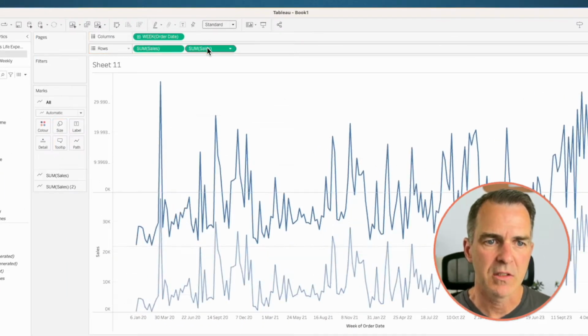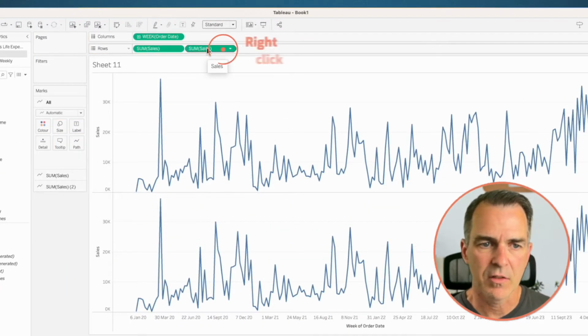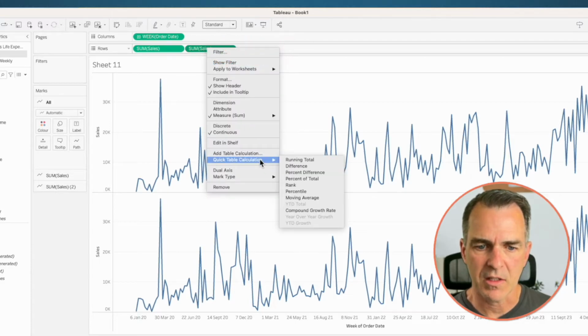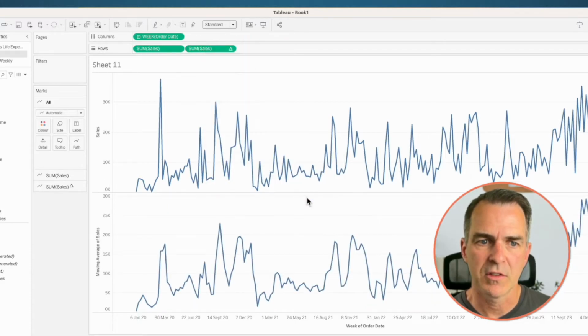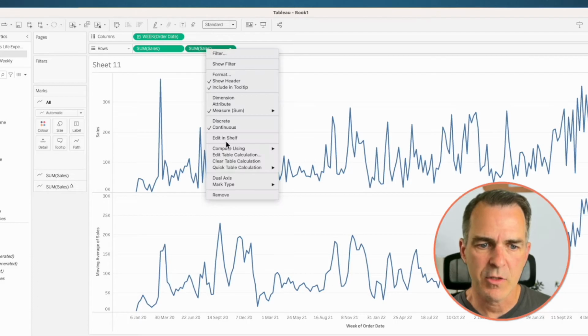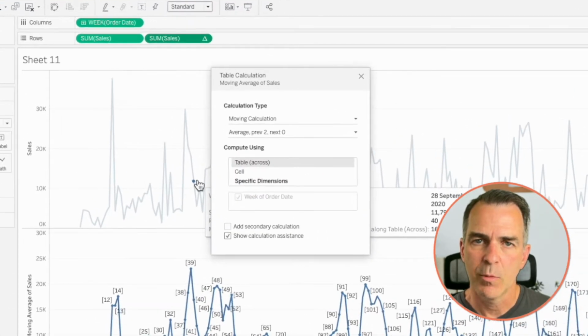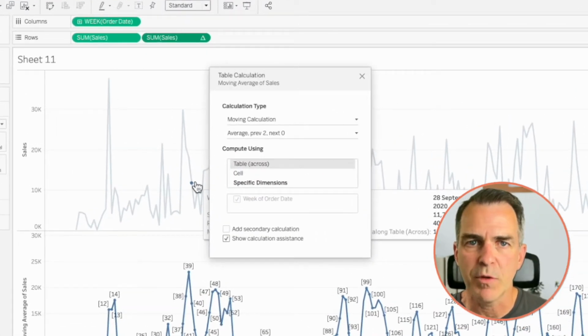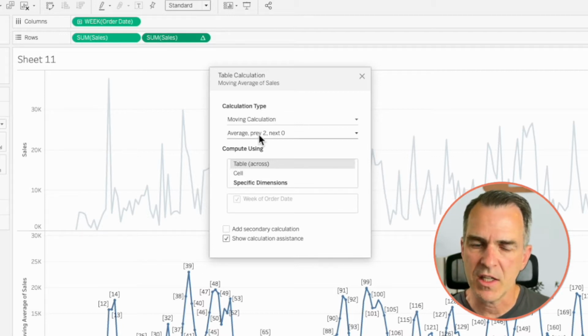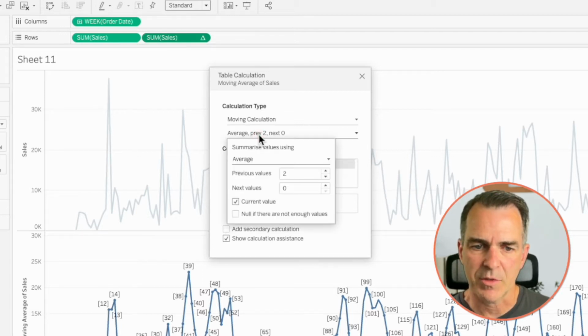Duplicate the sales sheet. On the second sum of sales field, right click, choose quick table calculation and moving average. Right click on it again and choose edit table calculation. We want to set this up to be a 13-week moving average. We need to change the calculation type. Click on the average option, and in the previous values, we want to choose 12 and keep the current value